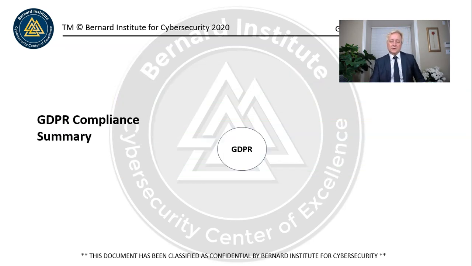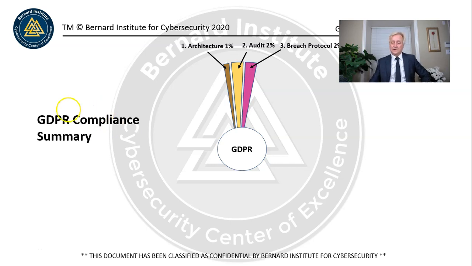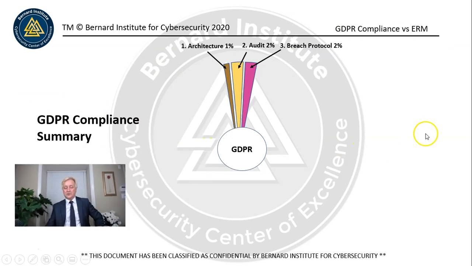So here's my summary. If you had one person working on GDPR and they have 1,880 hours in 1 year, the percentage of time that they would spend on each of these items that we just talked about, each of the articles 1 to 99: they'd spend 1% on the architecture of the protection systems. They'd spend 2% on auditing to make sure that all the processes were working properly. 3% on breach protocol, because this is a very important topic, something that you probably want to test like you would incident response.